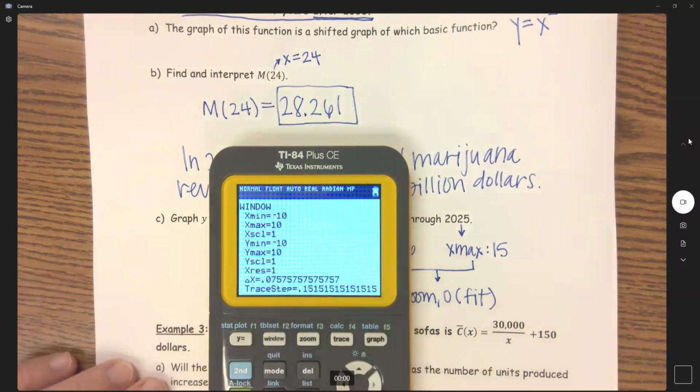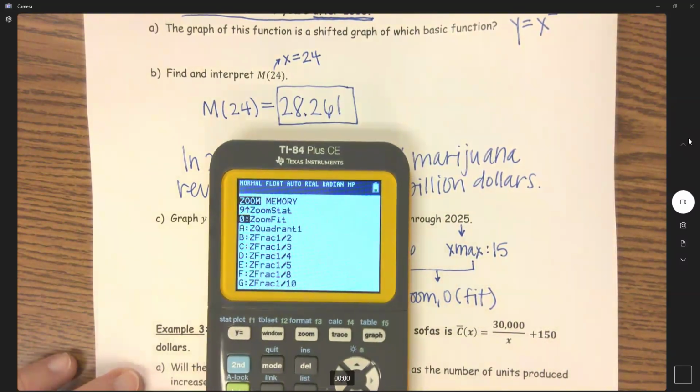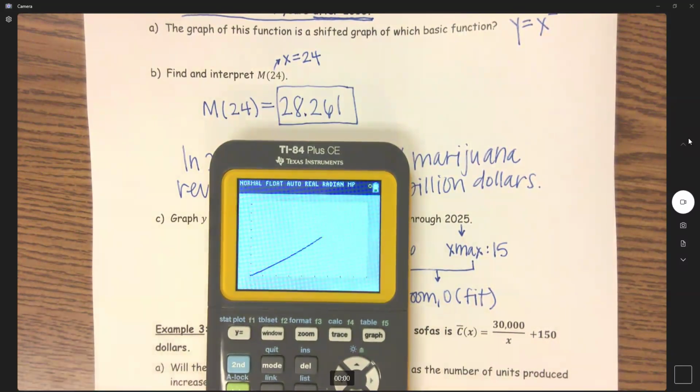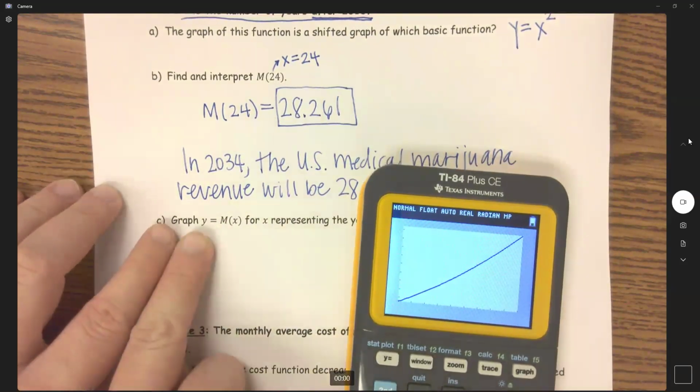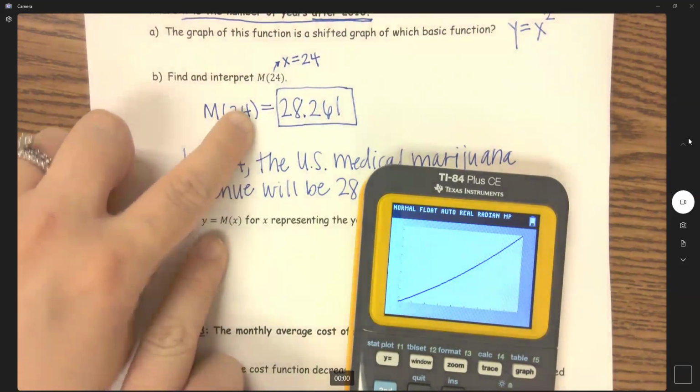And then I'm going to go into my window and I'm going to change this from 6 to 15. And then I'm going to go zoom. You can just hit 0, but we're going right here to zoom fit. Okay, so there is my graph. Now, honestly, if we wanted to, we could have kind of used this graph. So if I would have graphed this, I would have probably figured out my graph, and then I could have done this right here by